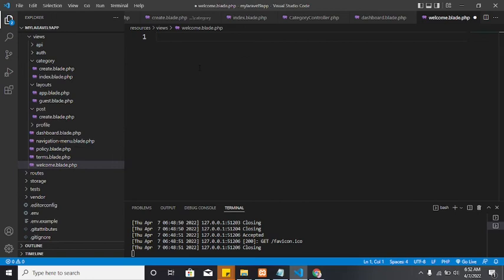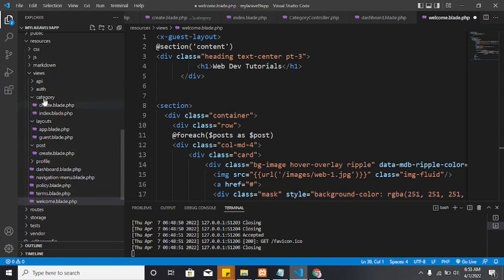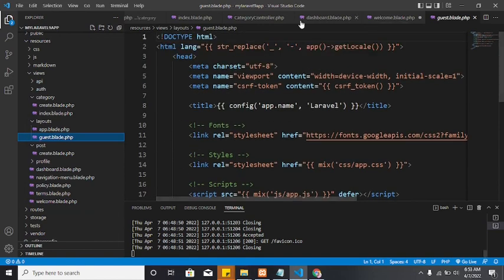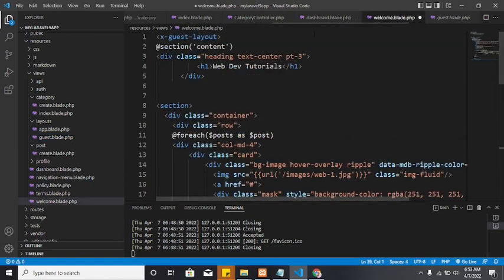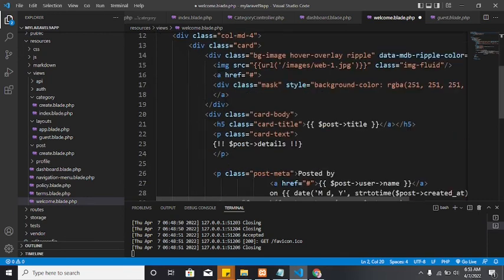So what I'm going to do here, I'm going to update it. So now this is the code that I'm talking to you about. So here I'm extending the guest layout, which is this one. The guest layout should be this one. So this is the guest blade. So I'm using this one. Okay, so I'm having a heading, which is this, and as well I'm looping over the posts, and then I'm getting the,